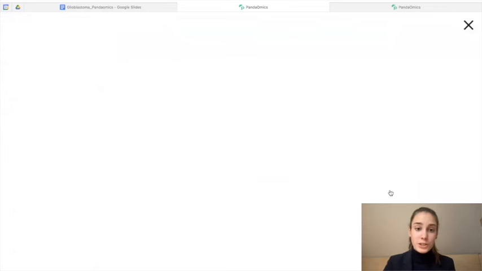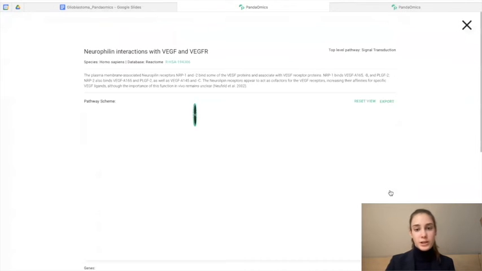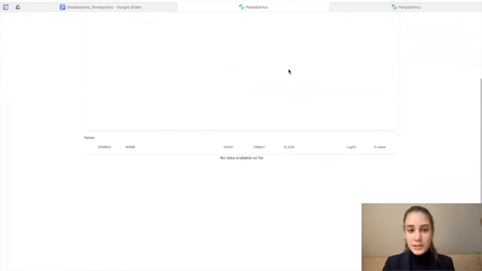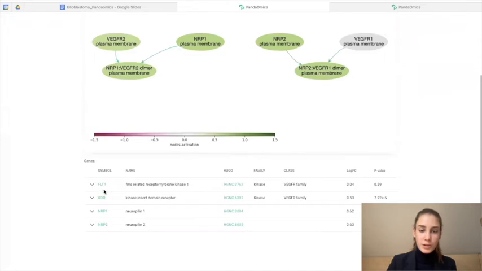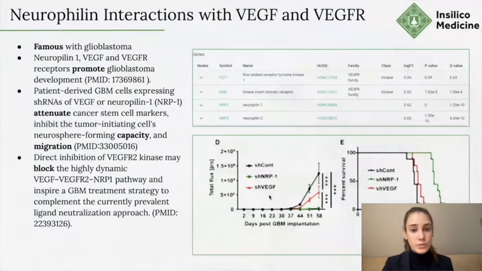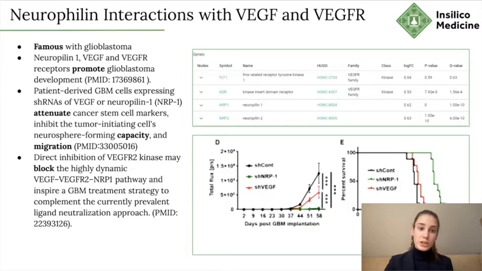It has 4 different genes involved, 2 neuropilin encoding ones and 2 kinase coding ones, and all of them are upregulated. Neuropilin 1, VEGF, and VEGFR receptors have shown to promote glioblastoma development. In fact, glioblastoma cells from patients that expressed these genes attenuated cancer stem cell markers, which led to higher migration rates of the tumor. Studies have also proposed blocking the VEGFR2 kinase, as this would stop the neuropilin pathway and